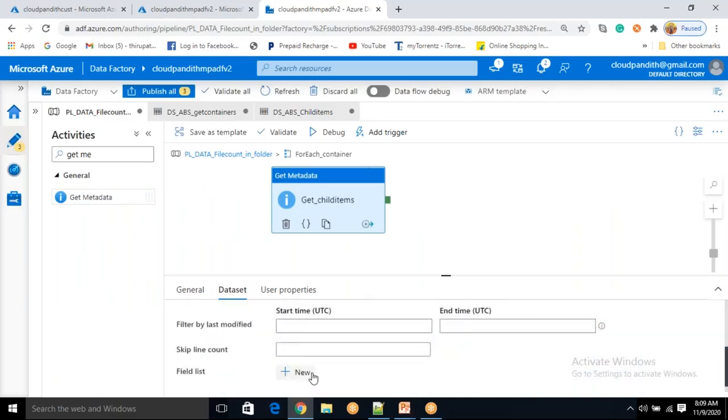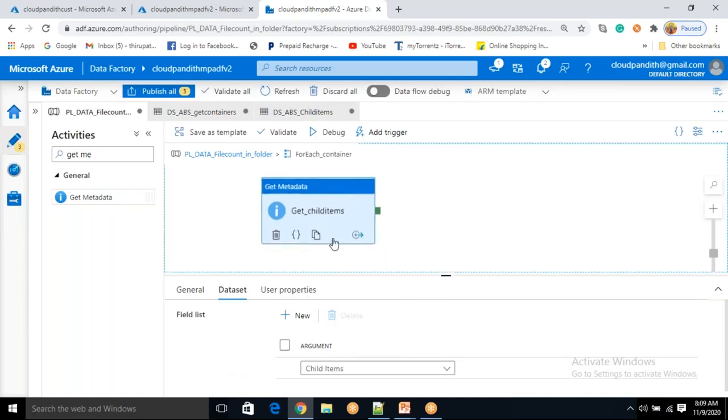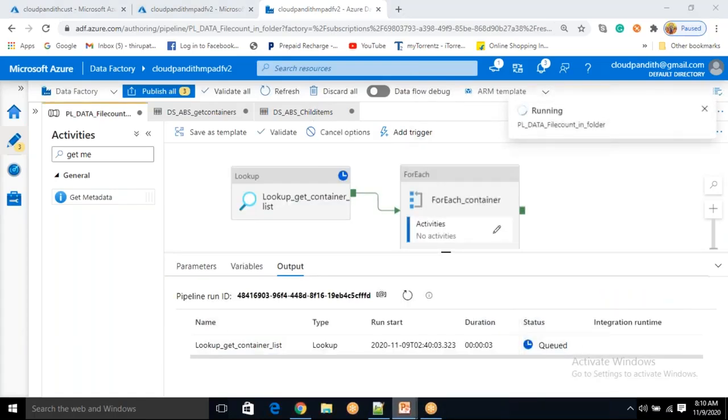Now come down to field list. What do you want? I want all the child items from that particular container. We know this is going to give the child items. If you want to run as of now, you can just click debug to verify each and everything in detail. Just click debug, everything you have done will execute. Let's see. Lookup is going to give you all the 4 things, 4 containers' information. It is in progress. It will complete in